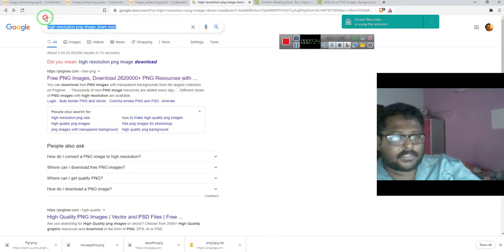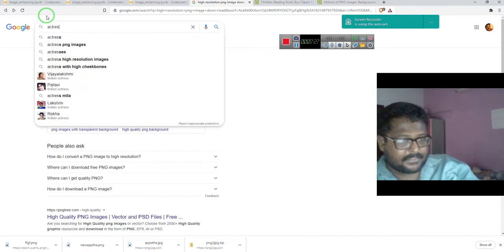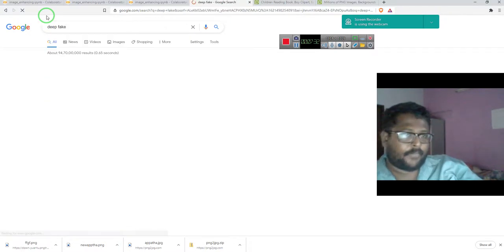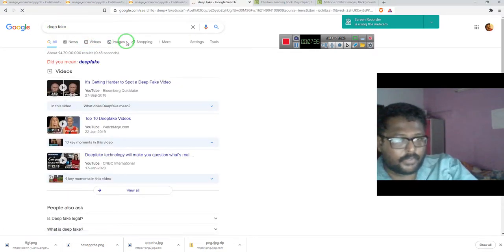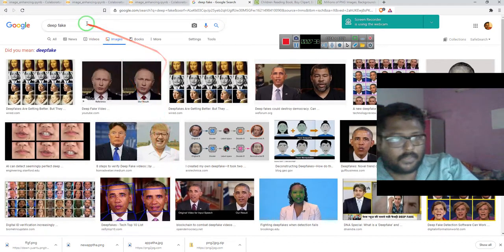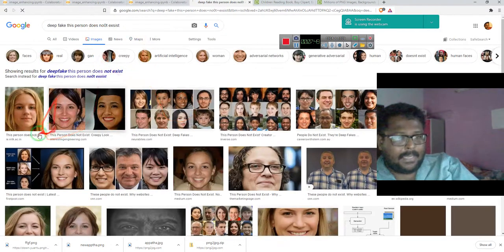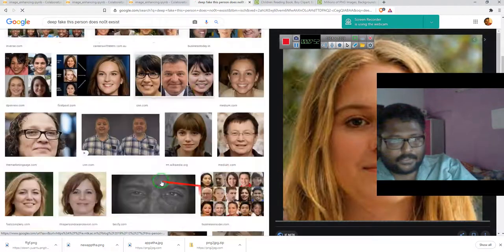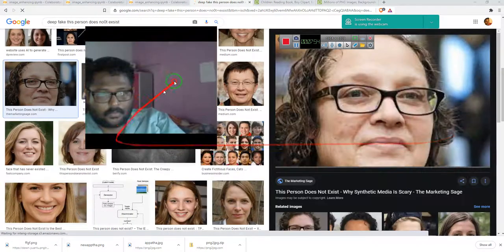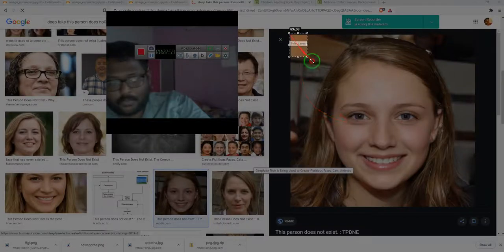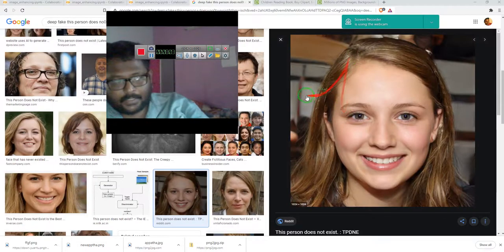So we can go for some high resolution actress deepfake. Let's go for a deepfake, because we should not use any other thing. Deepfake, this person does not exist. This is a very high resolution image. She is very high resolution. Let's take something like this. Or this girl. She's a very beautiful girl, but this girl does not exist. It will be good if she existed. So not that.